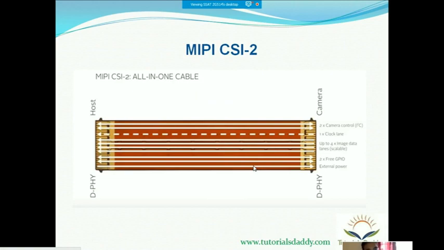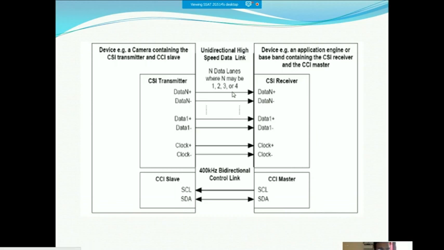So you can see here, this is the host interface. This side will be connected to our host chipset or SoC, and this end will be connected to our camera sensor side. These are the lines which will actually be carrying the data. Now this diagram shows the MIPI CSI transmitter side and the MIPI CSI receiver side. This is our camera sensor side, which is connected to our SoC side.